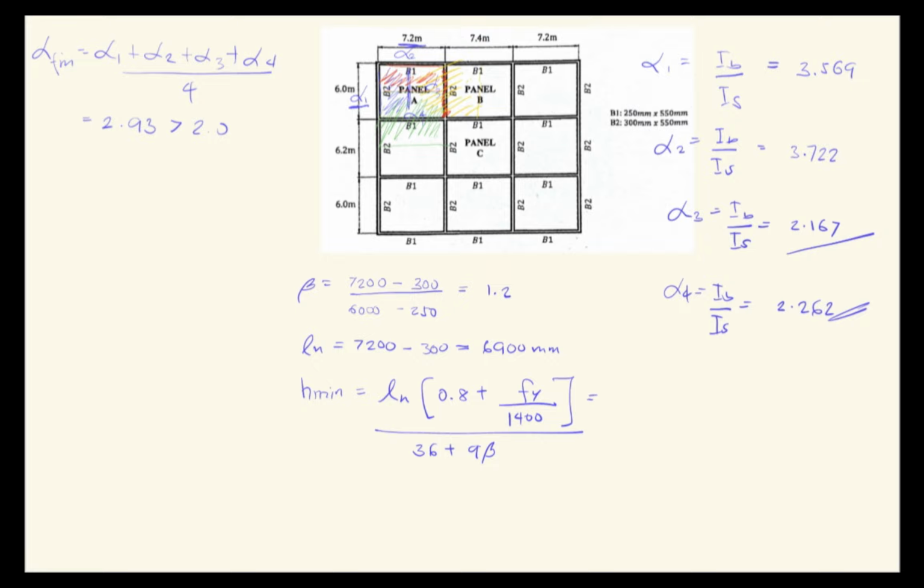So we have in here 6,900 (0.8 plus Fy, which is 414, divided by 1,400) all over 36 plus 9 beta, which is 1.2. Okay, this will give us